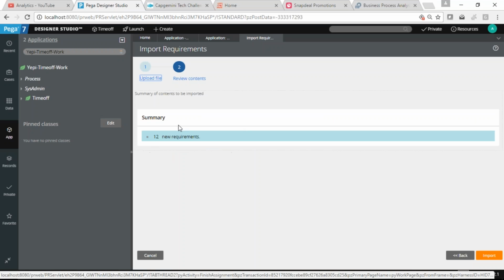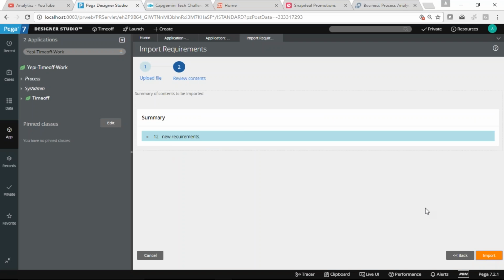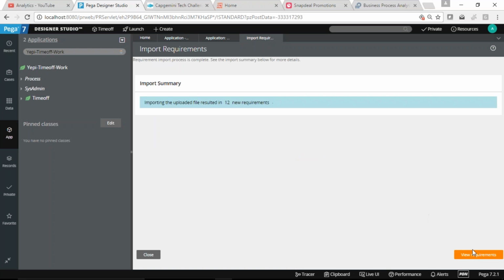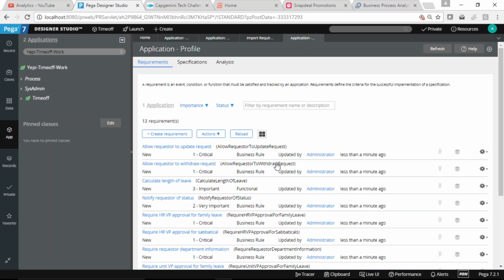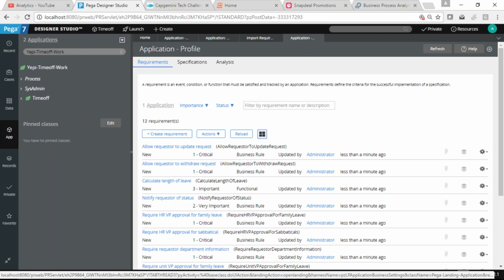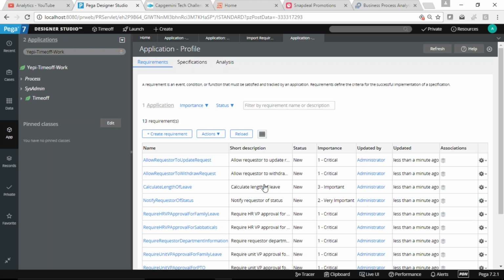Now you can see the new requirements are being uploaded into the system. We can change the view to show them in a grid format.